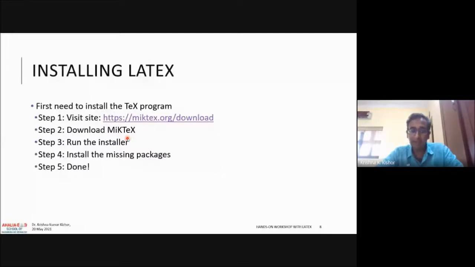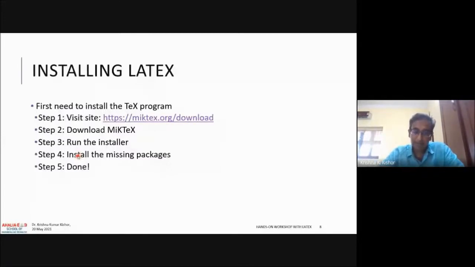You can download and run that, and then add the missing parts on the fly, as you need things. Step number 4 is installing the missing packages. I'll talk about packages later on, and this is not an essential step. If you just do a basic installation, that would be fine. You choose the location where you want to install it on your computer, and you're done. That's it.